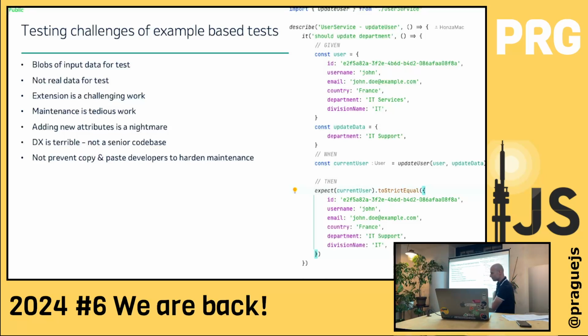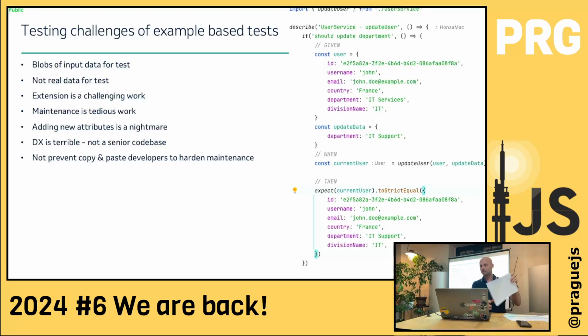Basically they made for you another test which is hard to maintain. I will have a link to a nice blog post in the links at the end. This is not about how to make a senior code base. Okay, so this is the example test. Any questions? Everyone understands it, it's just the baseline. I feel this is not a well-written test, just to be sure.